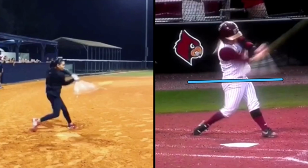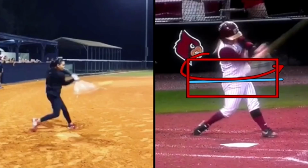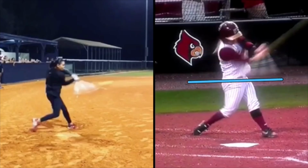Let's say the pitch is coming in like this. Again, if I'm flat to the ball, if I'm slightly up, and I swing like that, you can see how big of a hitting window I have right there. Now, people will talk a lot about the rise ball and all this stuff. When I look at pitch paths in softball,